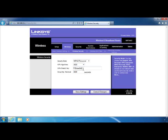There is one other setting on this page which we're going to skip right past. It's not anything I want you to worry about right now, which has to do with this group key renewal. The reason I'm going to skip through some of this is some of these things are specific sometimes to individual devices, and I want you to keep your focus on the things that are going to be on all devices